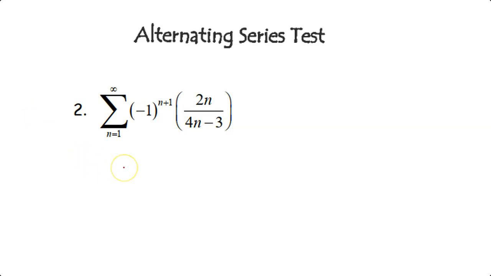Okay, Alex, let's look at negative 1 raised to the n plus 1. What happens to those terms? Yep, those terms do alternate. Okay, and the terms are getting smaller because doubling something compared to quadrupling something, the numerator is going to be much smaller,